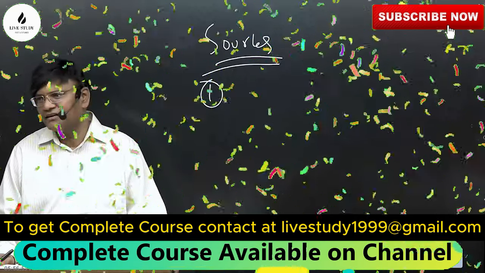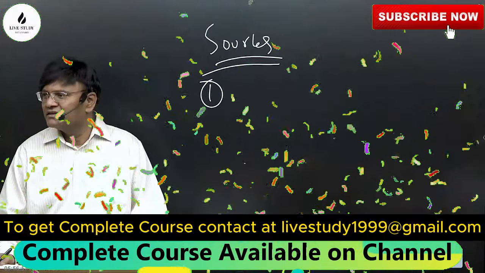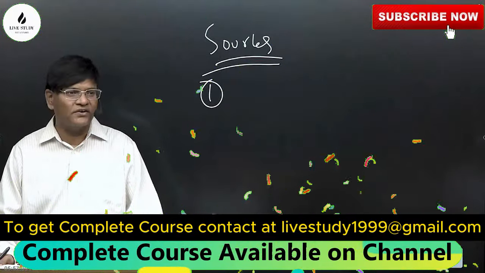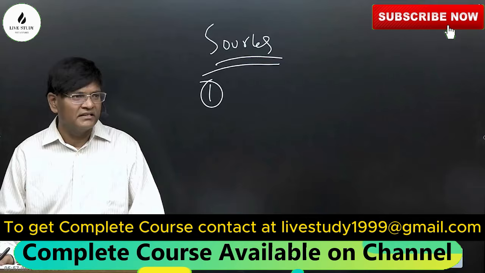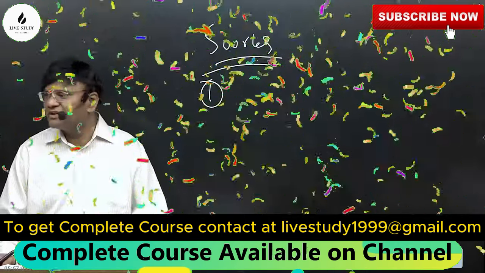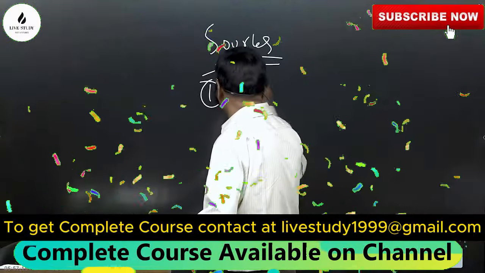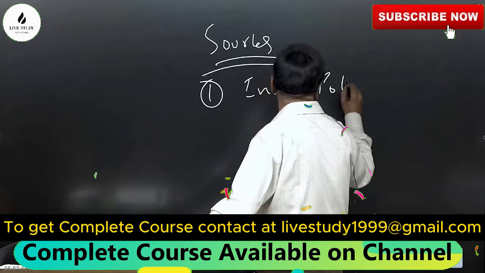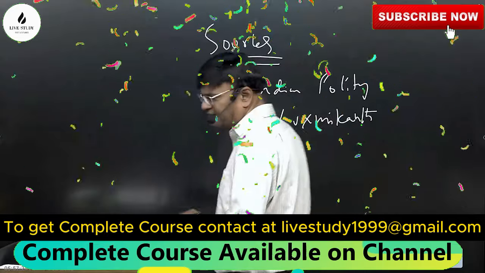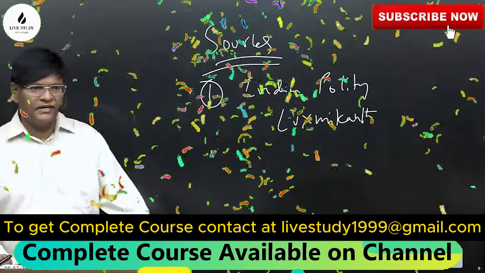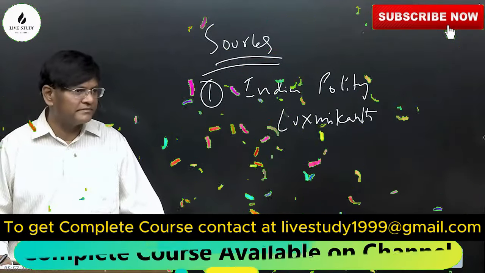That is the reason why what you must know is this examination is all about knowing what not to read than what to read. With so much of material, as I said, when it comes to constitution and polity, we have so much of study material. So that is the reason why the first source is Indian Polity by Lakshmikant. It is a very good book, in spite of the fact that there can be some clerical mistakes, printing mistakes in the book.